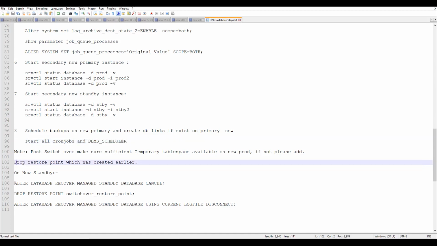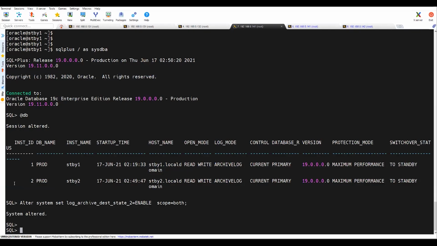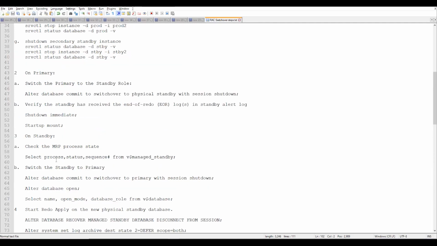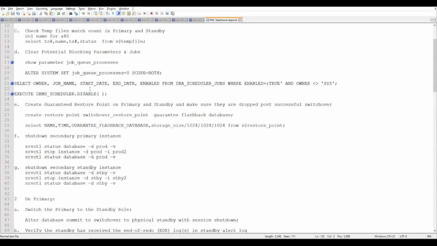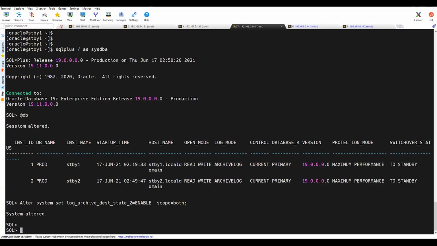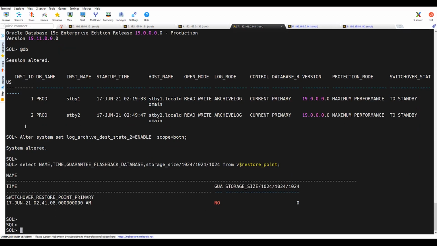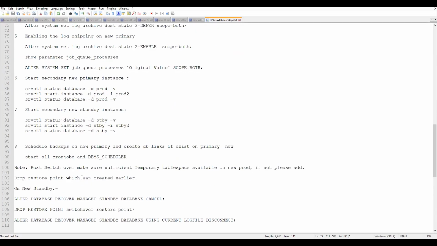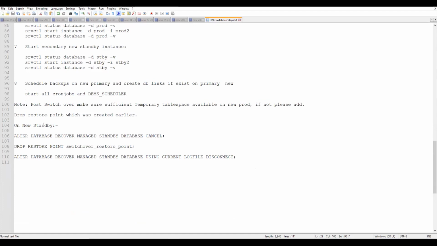So we need to check if there is any existing restore point. Let me cross verify once again whether any restore point exists or not. Yes, there is one restore point which was created during the switchover. You can drop it, otherwise it will consume some extra space.